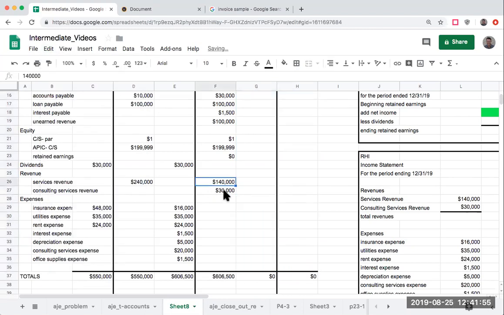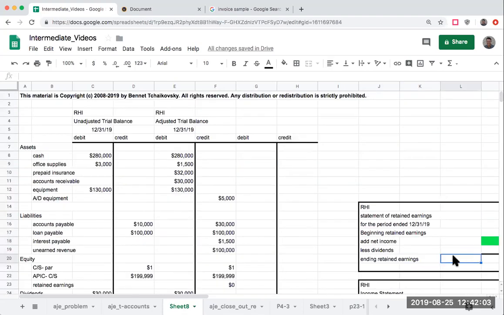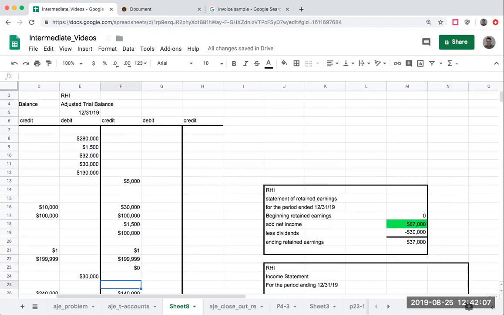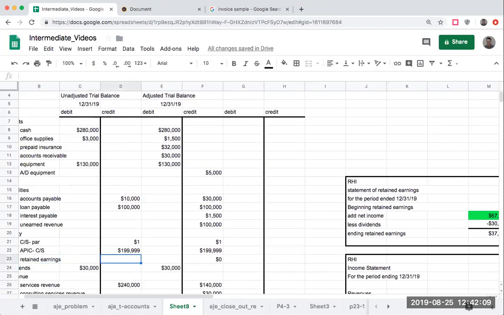all these revenues and expenses and making them 0, as well as dividends. Any amounts that are appearing on the income statement and the dividends have to be closed out to 0 in order to get to my retained earnings that is over here. When I'm doing a post-closing trial balance,